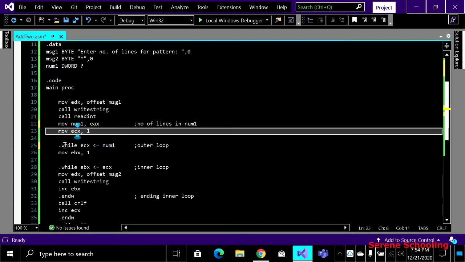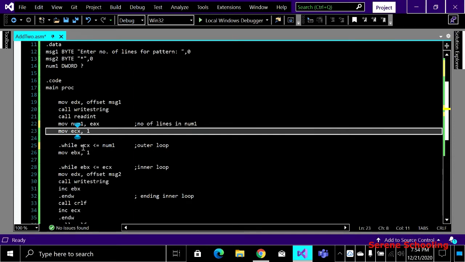Next, this is the syntax of writing the while structure. It must begin with .WHILE. Then this is my outer loop register, that is ECX less than or equal to num1. num1 is the number of lines for the pattern that the user enters.